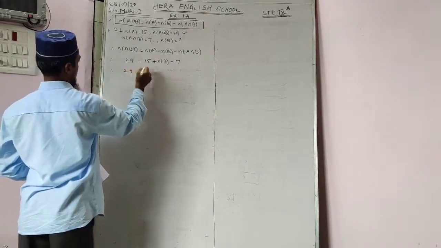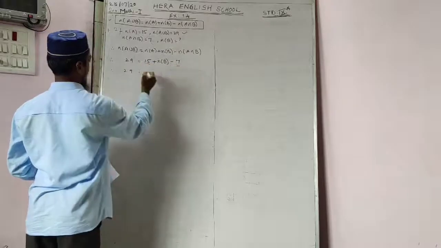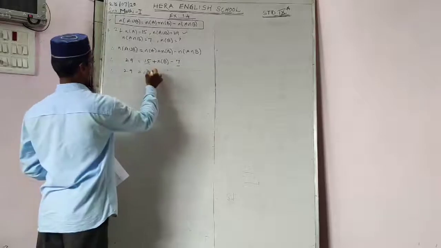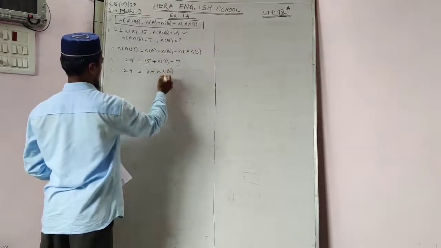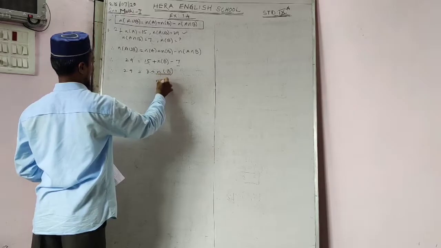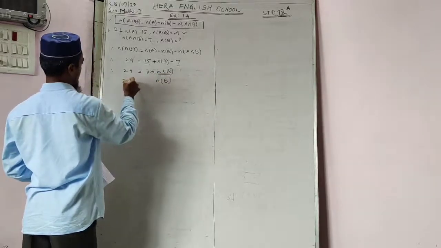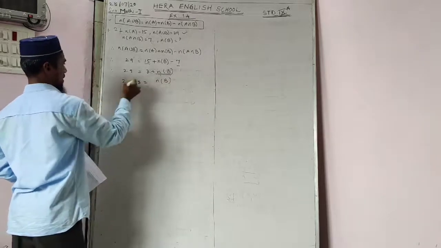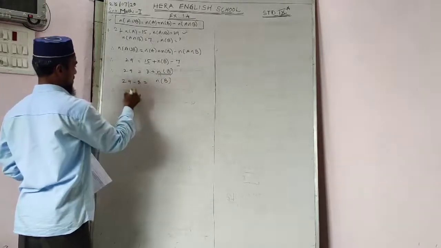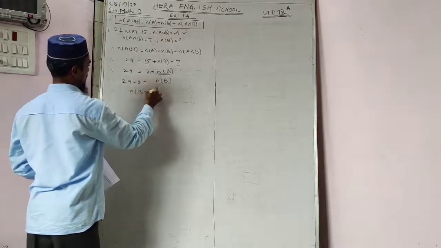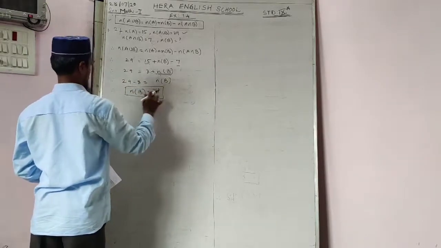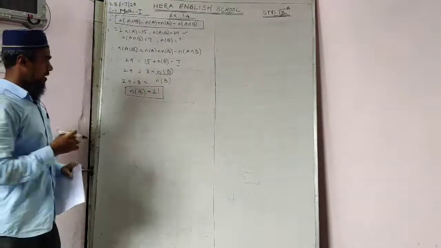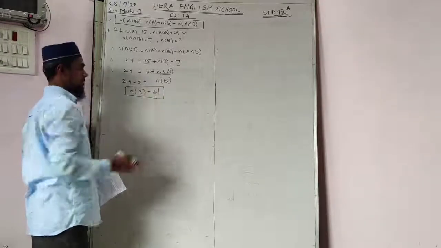Now see it very well. 29 will be as it is. 15 minus 7, you will get 8, plus number of B as it is. This one we have to bring, we will write number of B as it is. 29, bring the 8 to the left side with minus. 29 minus 8, you will get 21. Means number of B will be 21. This is your answer. Number of B is 21.